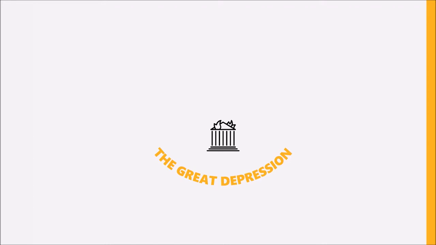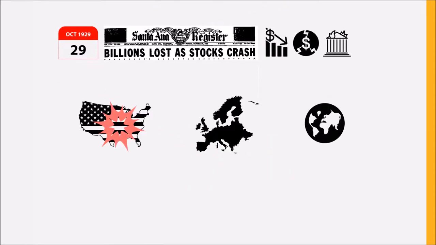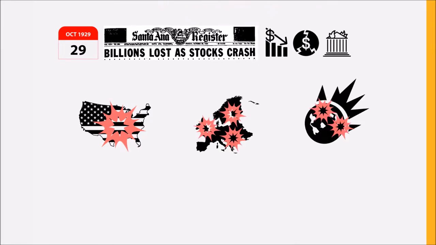Hello everyone, this video is an analysis of the Great Depression in 1929. The Great Depression is generally defined as a severe global economic recession that started on the 29th of October 1929. That was a few days after the US Black Tuesday stock market crash. The Great Depression originated in the United States and spread to Europe and finally to the rest of the world